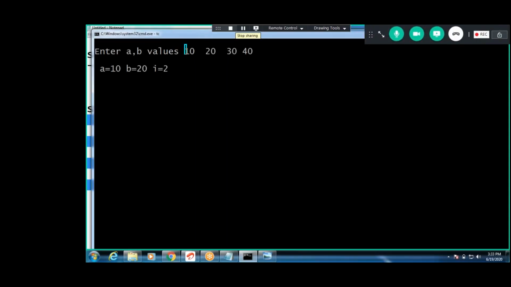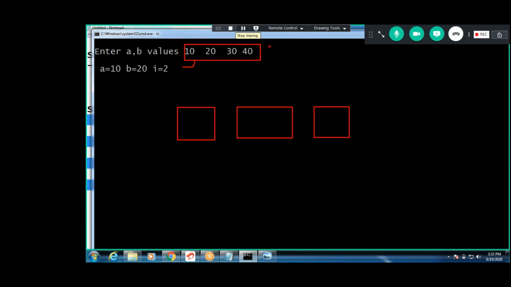The input won't be stored directly in the location; first somebody should collect it, and that is the buffer area. For every input, a buffer is created. The first value is stored in a, the second in b. What about other values? You are not reading them, so we are not storing them anywhere. But how much is i, the number of inputs? 2 only, because we have written two.